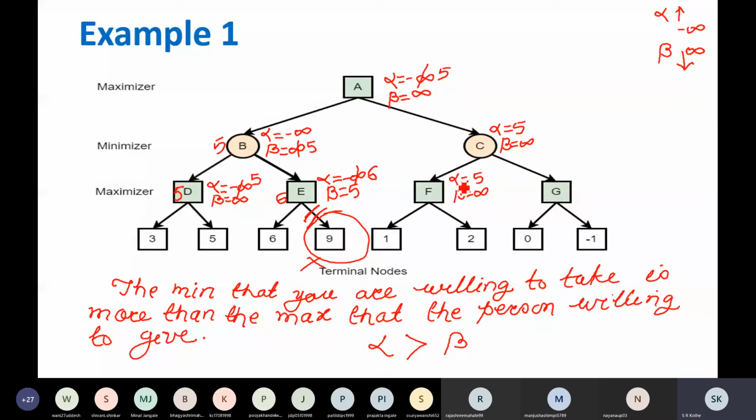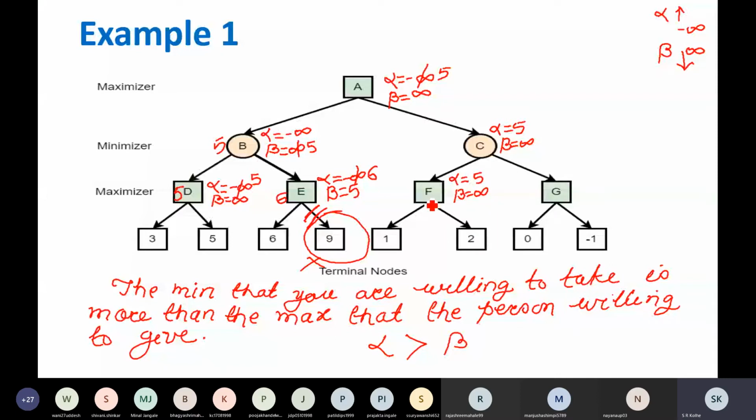Whether you are going to update the value of alpha, alpha will always increase, right? So 1 is better than 5. Is it the case? No, sir. 5 is better than 1. So keep this alpha as it is. So the algorithm will come to this node. So this will be evaluated, and then this second node also will be evaluated. That happened to be 2. But again 2 is not better than 5, so the alpha value will not be updated.